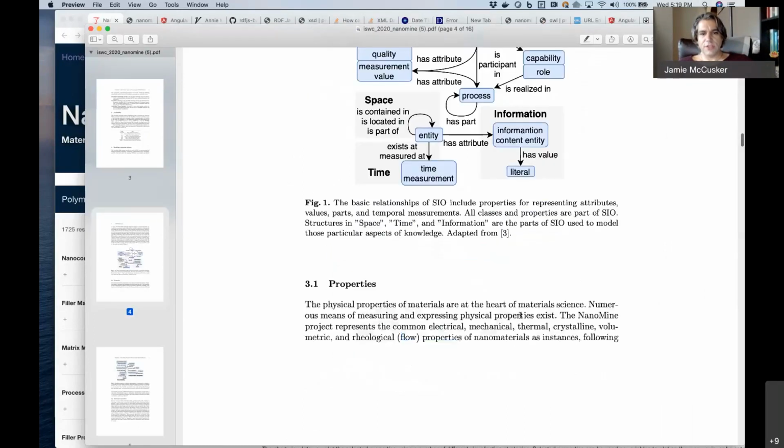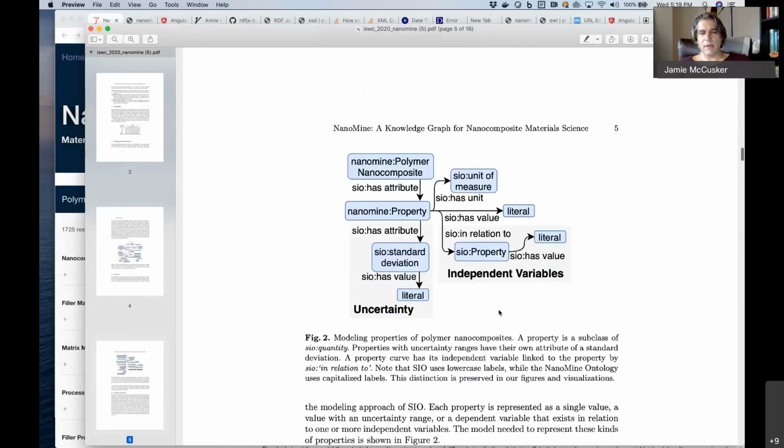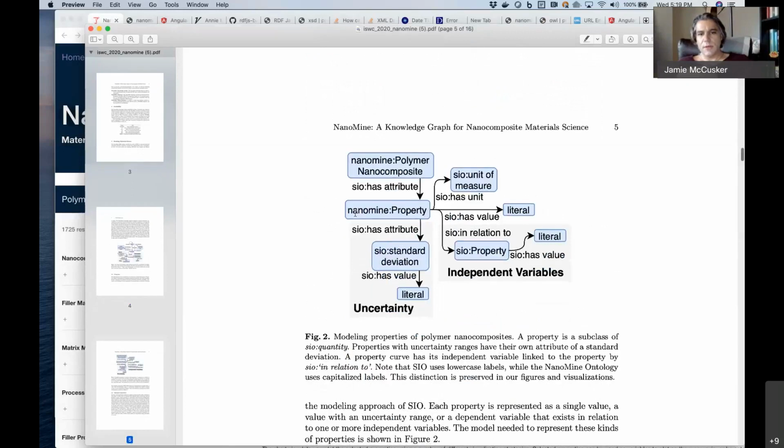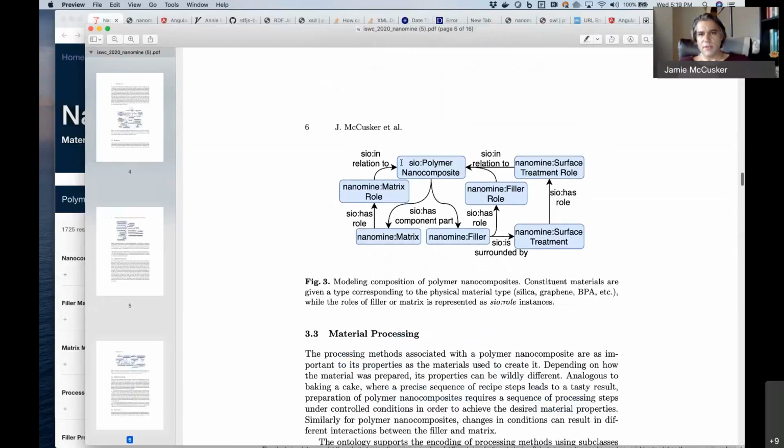And we're able to apply knowledge curation. We built out an ontology based on the data that was already being represented. We can represent uncertainty and independent variables. SIO does very well with attributes, including units and so forth. We're able to represent material composition, in the case of polymer nanocomposites, actually made up of